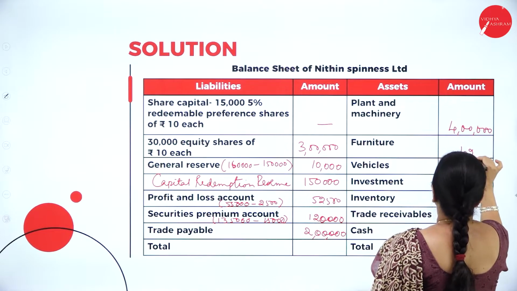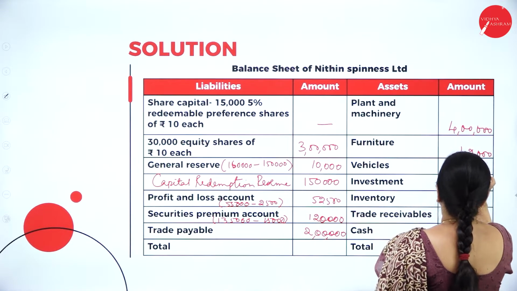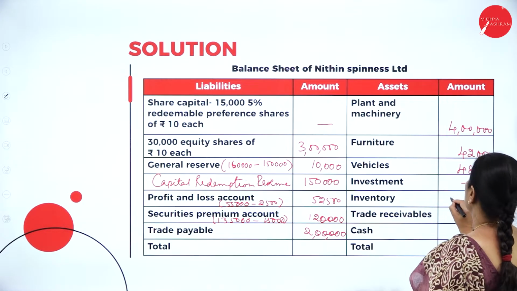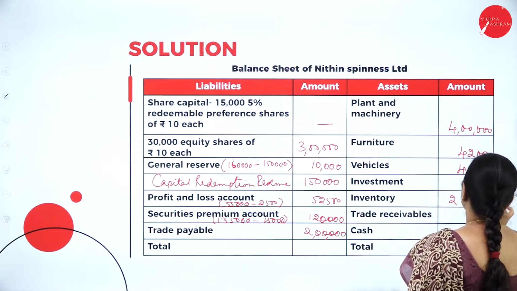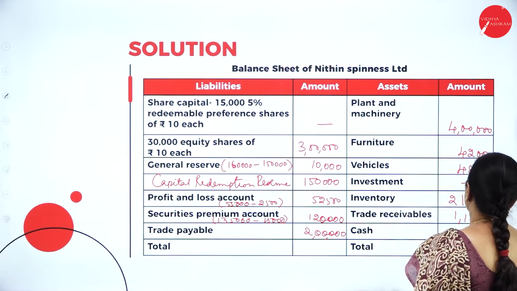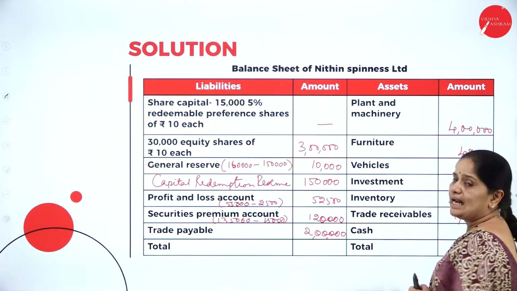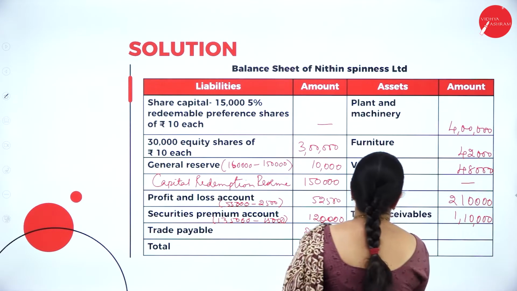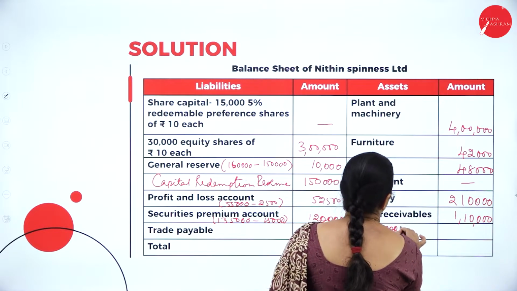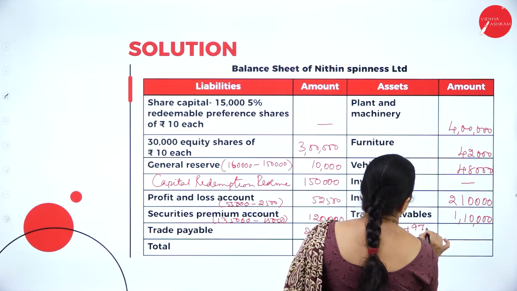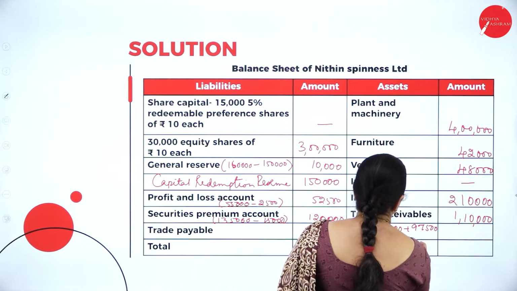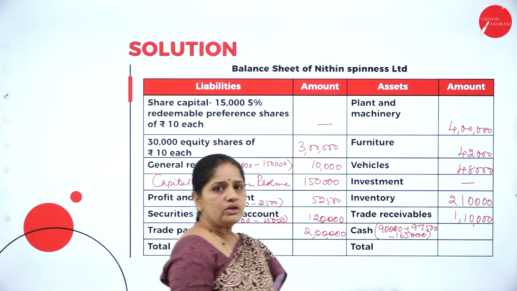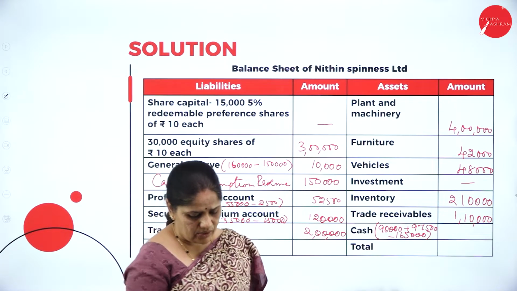Furniture 42,000, vehicles 48,000, investments nil, inventory 2,10,000, trade receivables 1,10,000. Cash balance will be 90,000 plus 97,500 minus 1,65,000. So we have the balance of